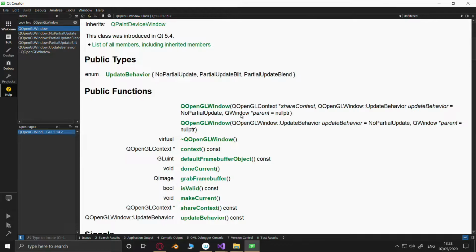That's interesting. No partial update, yeah, that's fine. So I want full updates. Share context. I didn't know it gave that.